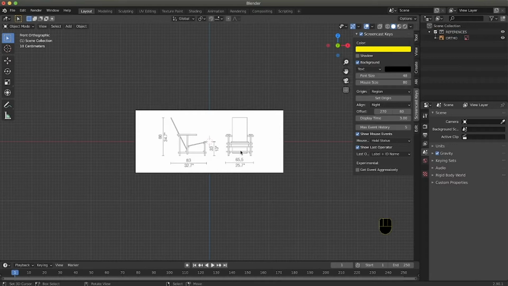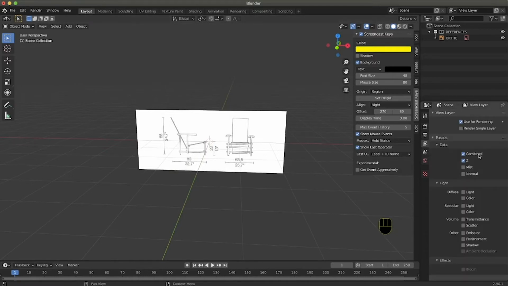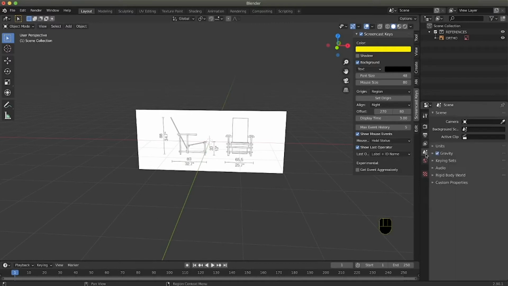The other thing that we need to do is set up the right size. We are going to first set the measurement and then set up this in the right size. To set the measurements we need to go into the scene properties, and under units we select metric.